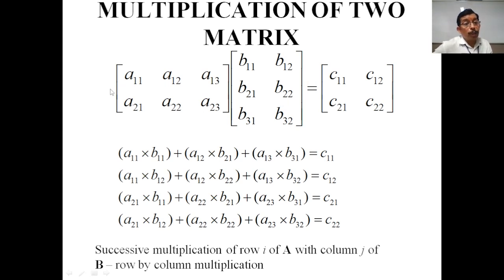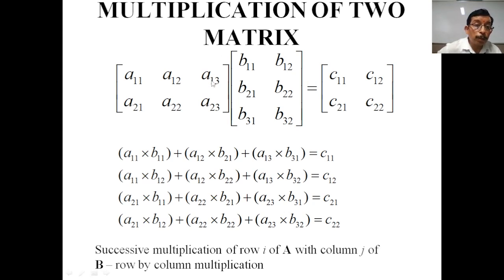Okay, so first row multiplied by the second column, same procedure. We take the first element of the first row, A11. Now we take the second column, first element B12, and multiply A11 B12. Now we take the second element of the first row. Then we take the element of the second column of matrix B, again multiply, and then a plus sign.